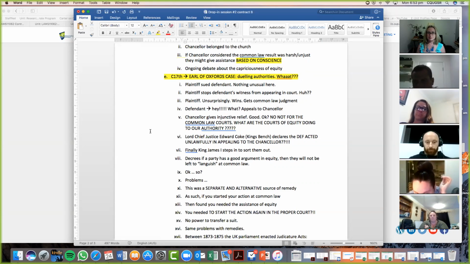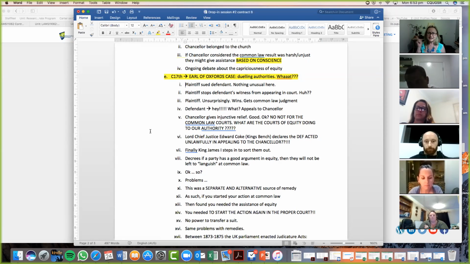Now, the defendant was rather miffed at this, understandably, and appealed to the Chancellor. Guess what? The Chancellor says, you're absolutely right. The plaintiff shouldn't be able to win their case by doing something so unconscientiously inappropriate as preventing a witness from giving their testimony in court. So they get injunctive relief from the Chancellor, and then all hell breaks loose in the common law